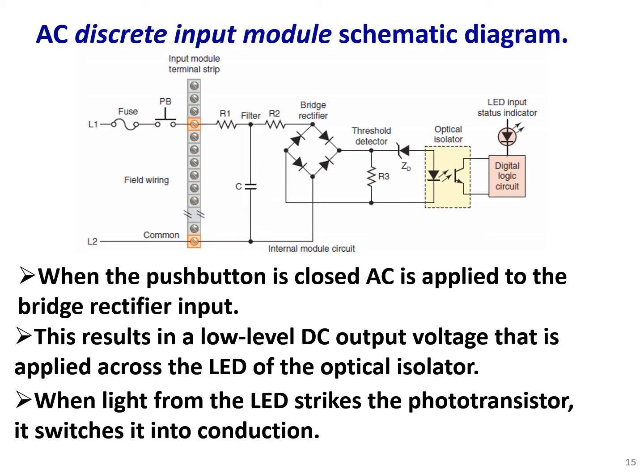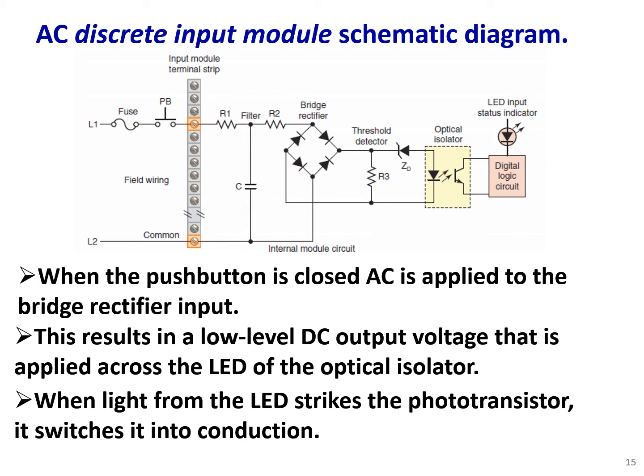AC discrete input module schematic diagram. So here we have the schematic diagram for the input module. You see the optical isolator here. You see the digital logic circuit and the power